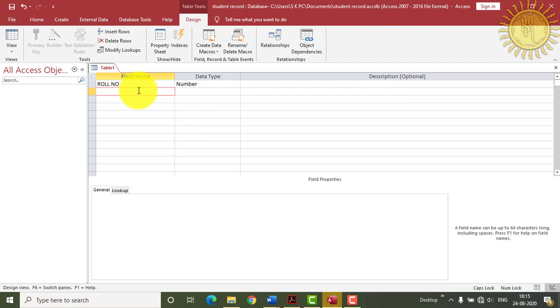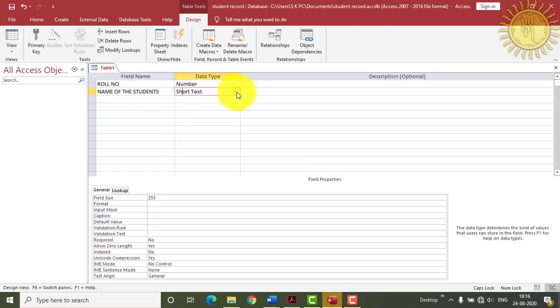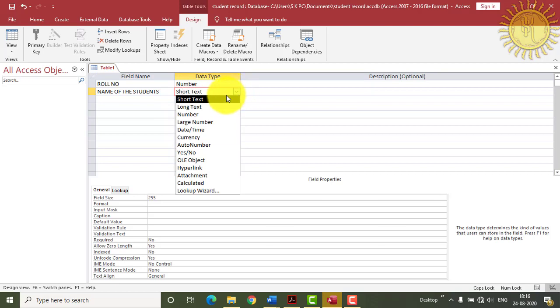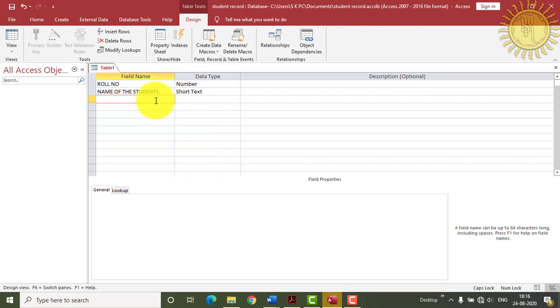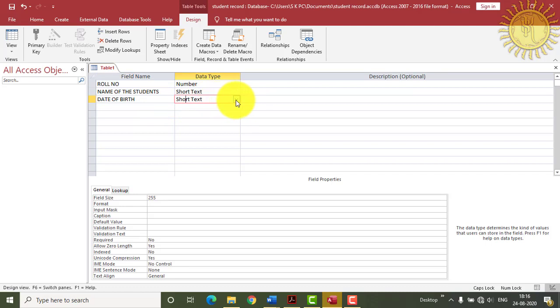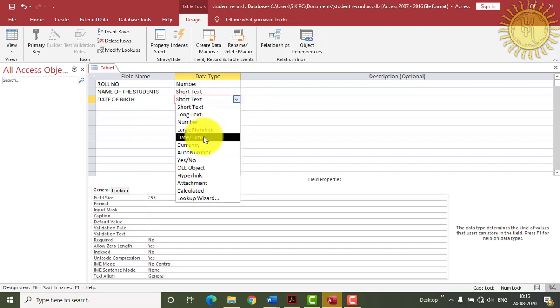And next is name of the student, and this is in the form of text, so we will select short text. After that, there is date of birth. It is in the form of date, so we will select date and time.